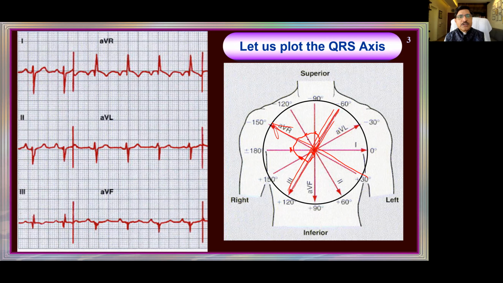Or you can use which is the tallest of all the deflections. Which is the tallest? This one or that one? This is 1, 15, 8, 9. Whereas here, 5 plus 5, 11 minus 4, 7. This is taller. Okay. So then it is positive. AVR positive is this side. So my axis is this side. That's what the previous one also is telling.